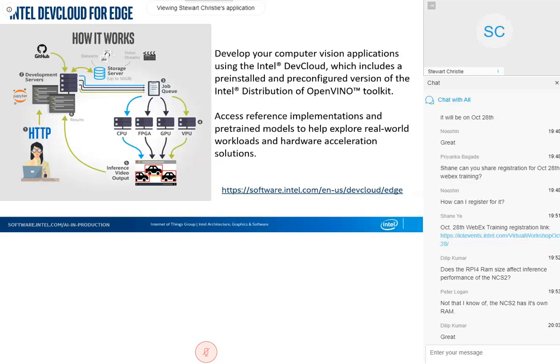So the DevCloud itself, the way it's set up, number one, HTTP, on your browser. We have a set of development servers, so those are large machines. Everybody gets a 50 gigabyte virtual machine on that server, and that's what you log into. And you develop your little program on there. We've got preloaded programs in Jupyter Notebook, and then